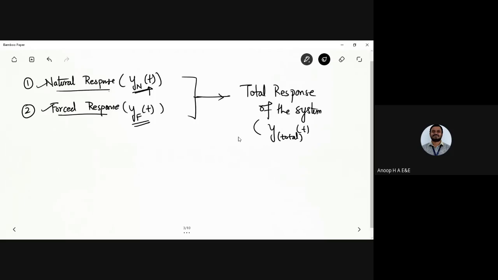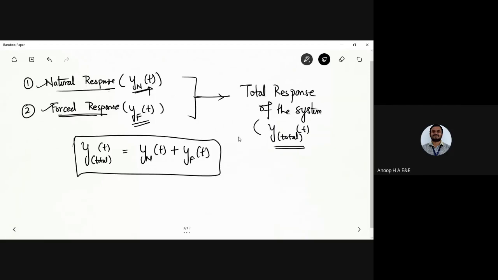Okay. So depending on the natural response and the forced response of the system, we are going to find the total response. So y total(t) would be equal to yn(t) plus yf(t). That is the total response of the system. This one is the natural response of the system, and this one is the forced